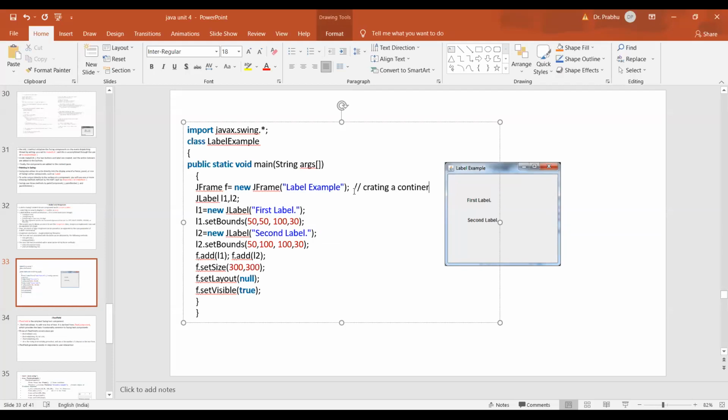Among those, which container are we using here? That container is the frame container. After that, the second step in a Swing program is that we have to create the component. So here we are creating the component.